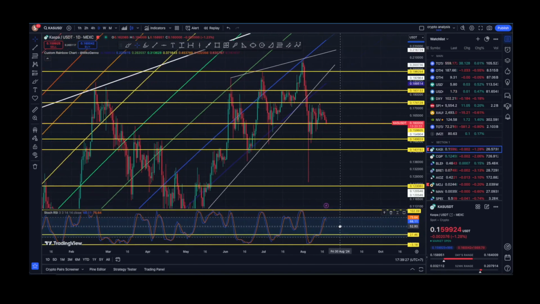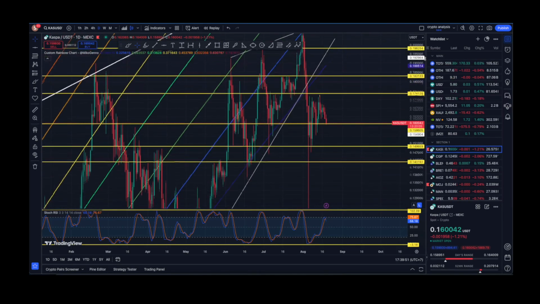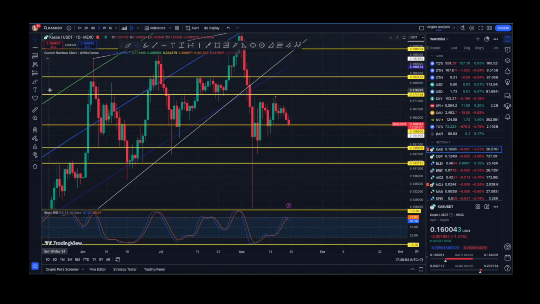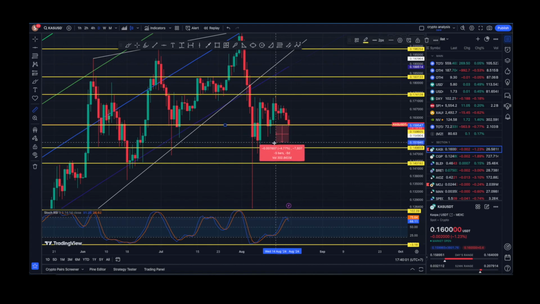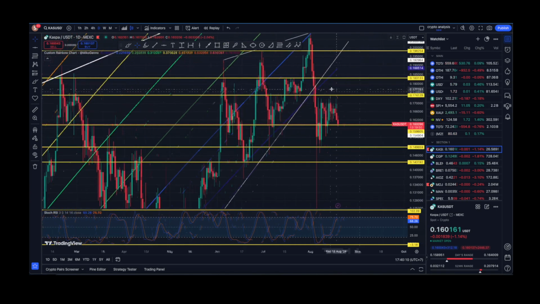Now the first scenario is that we are going to stop in dead range roughly for stochastic RSI, in here, all right? Or we are going to properly go down to the lower level, which is in here, or perhaps even totally bottom out on the daily time frame for stochastic RSI for Kaspa. So where can that potentially put Kaspa's price? The next technical level of support for Kaspa is this level in here, which is sitting at almost 15 cents, it's 14.9 cents, and that would be a dump of 6.2% for Kaspa. Can that happen? Well, I do believe it can, right? Will that happen? Well, let's see.